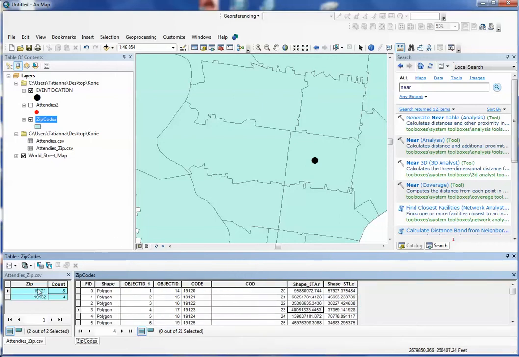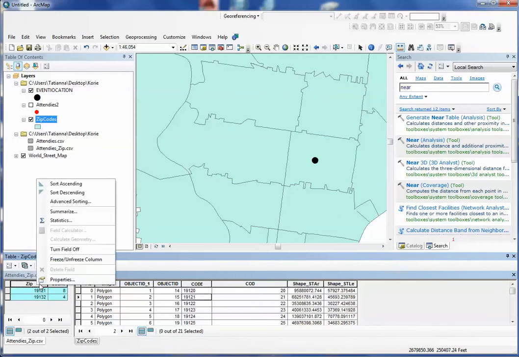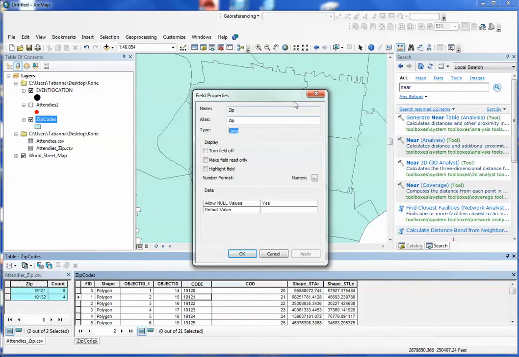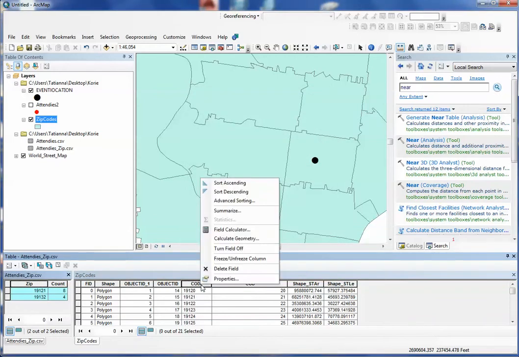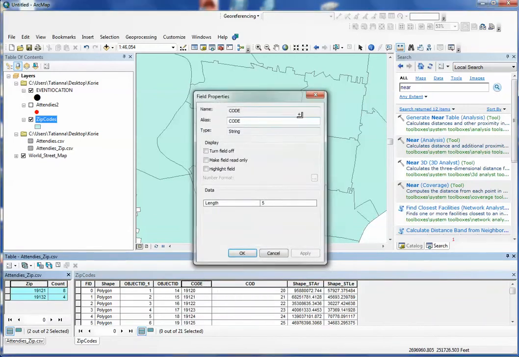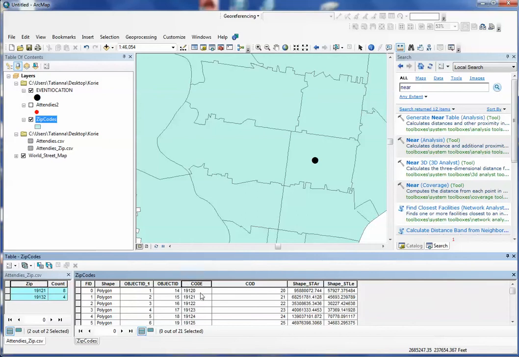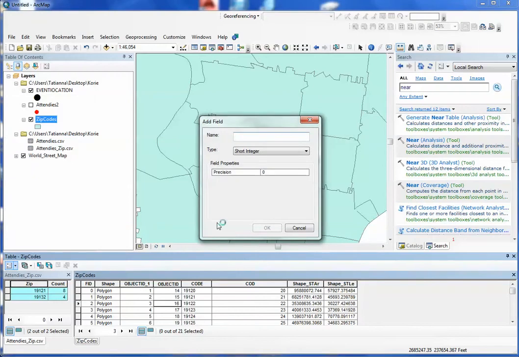So I need to make sure that the data type of my zip code in my attendees list and the data type of my zip code in my zip code list match. So I right-click this column, click on properties, this is a long. I right-click the zip code column, it's a string. So I need to make a column in here that is the same as the zip code column, but that it's a long data type. So in my zip code table, I go to add field, and I'm going to call it zip2,